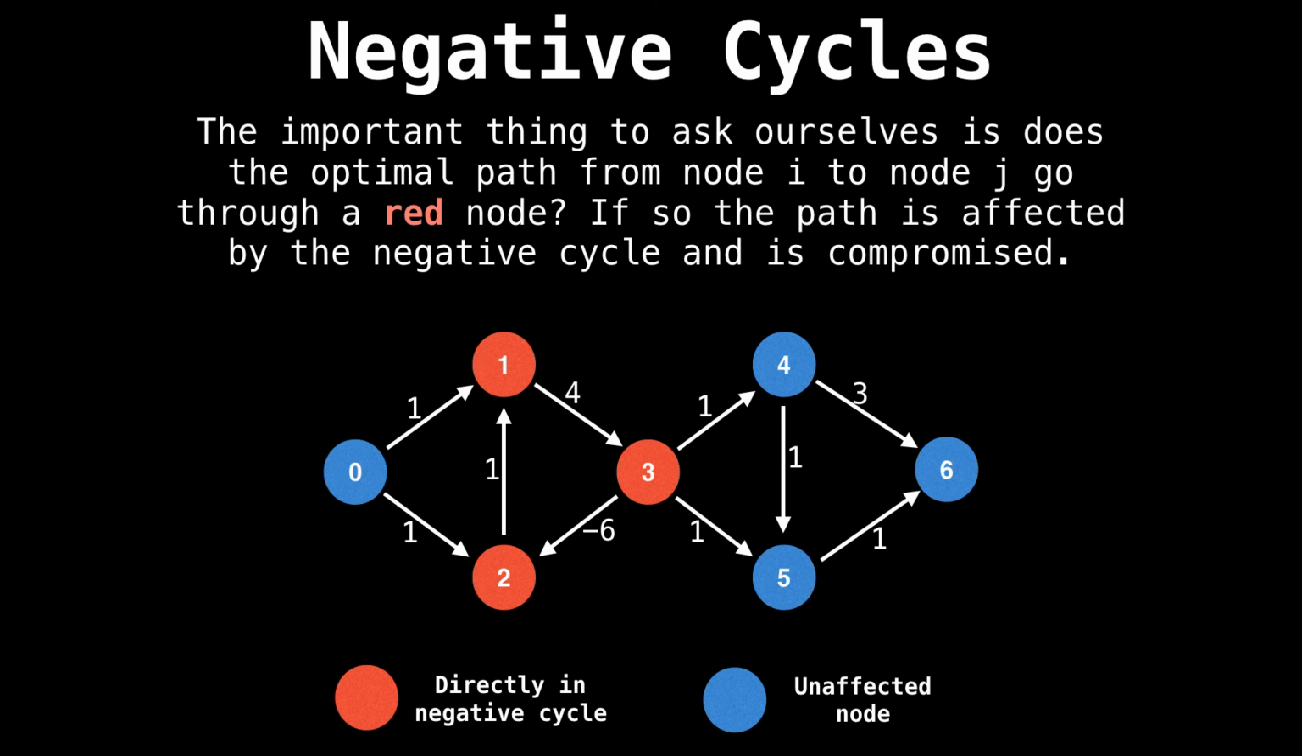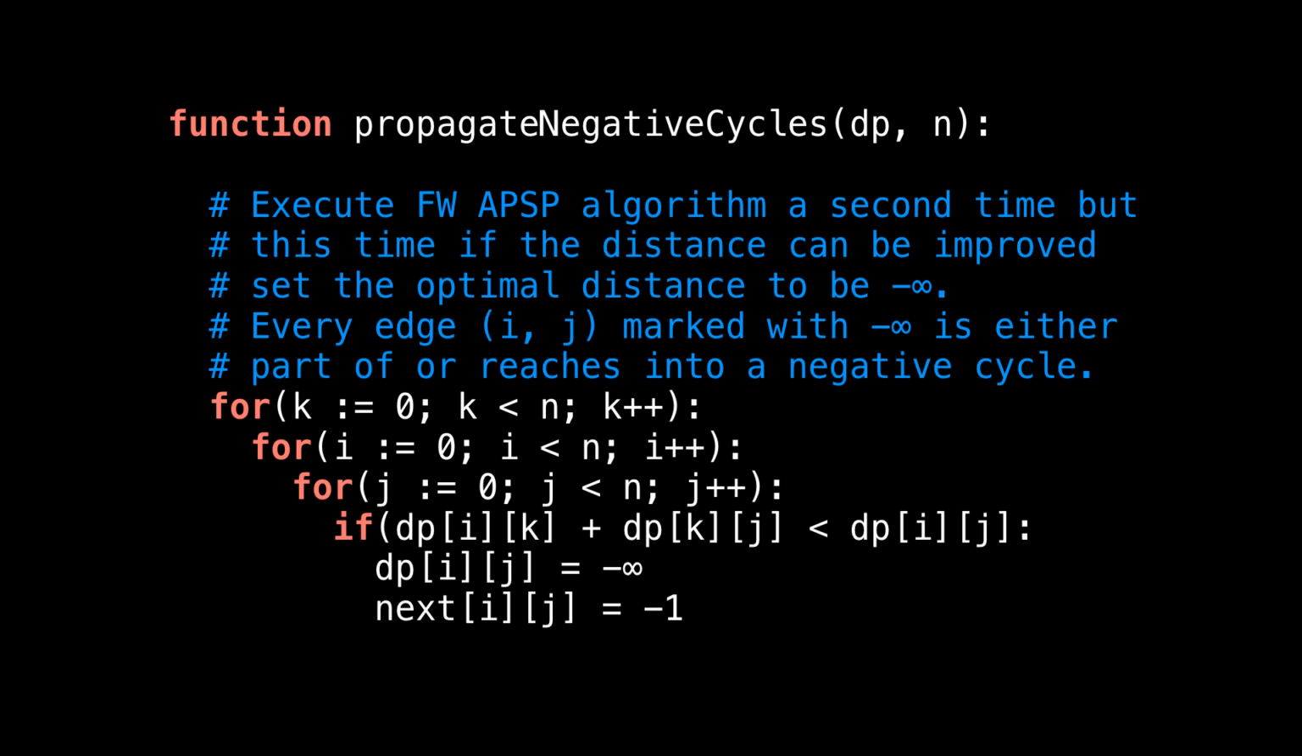Some shortest paths, however, avoid red nodes altogether. Consider the shortest path from 4 to 6. This doesn't involve any red nodes, so we can safely conclude that the shortest path from 4 to 6 is indeed 2. So to identify whether or not the optimal path from i to j is affected by a negative